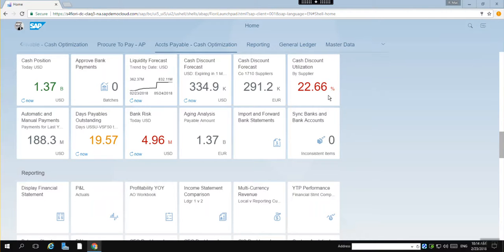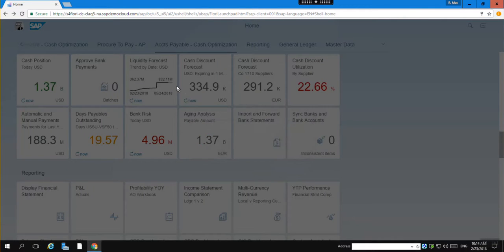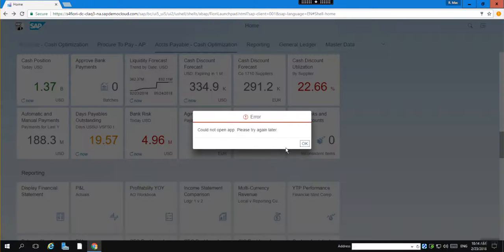So in this case, we might want to make some strategic decisions on where it's best to position that extra cash and try to get over our cash discount utilization threshold. Keep in mind, at any time, we can go ahead and drill into